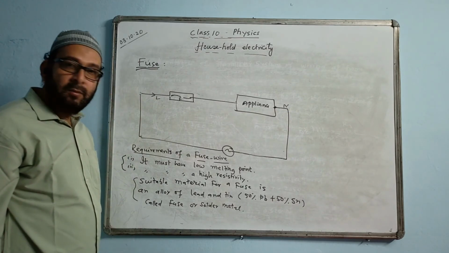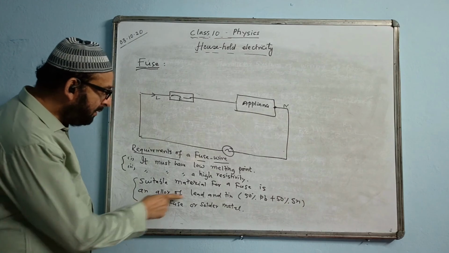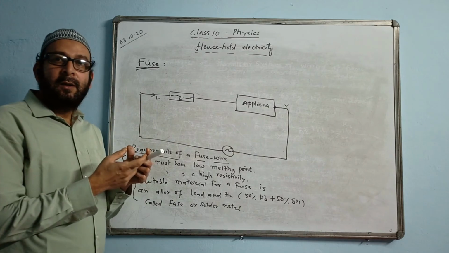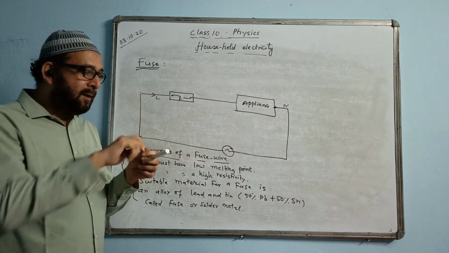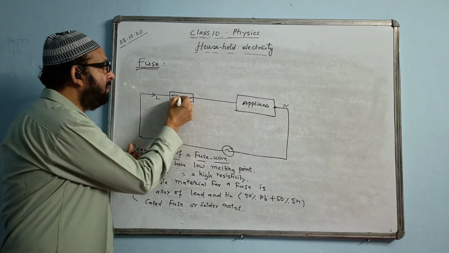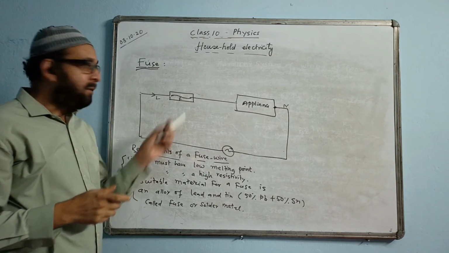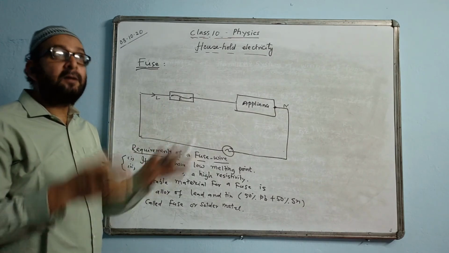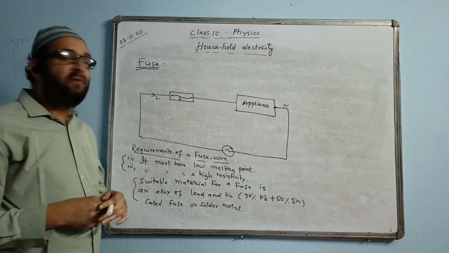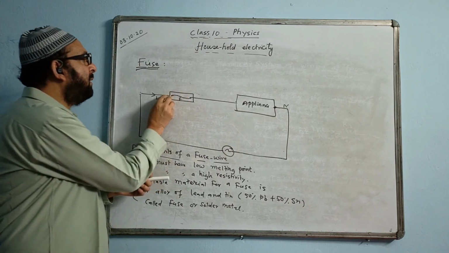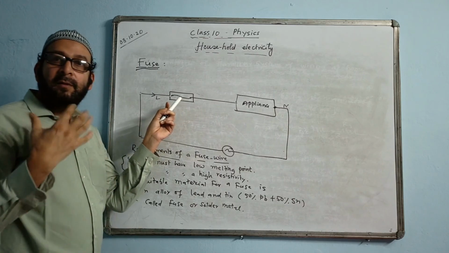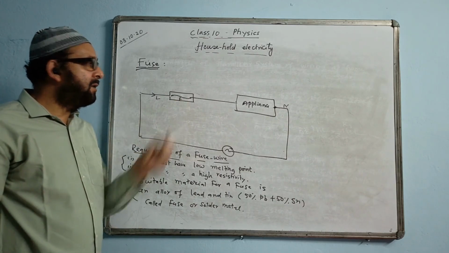So we should not use it. We should use the suitable material, that is lead and tin. Normally it happens at home that the fuse sometimes blows. So we just remove it, replace it with a copper wire, and put it back in the circuit, and the light comes and we are very happy, but that is not the correct method, because the purpose of the fuse is not served. Then why not just connect directly with the copper wire? That is the idea. So a fuse is a preventive or precautionary measure.